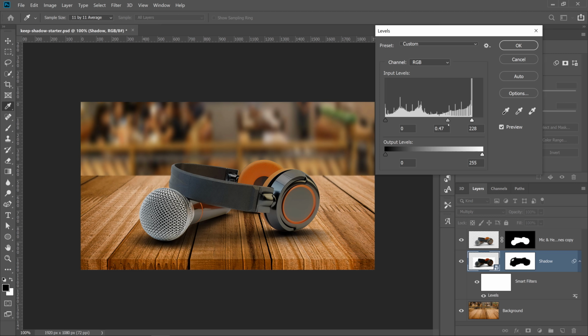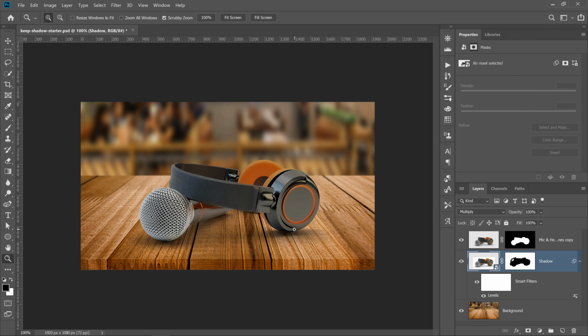So in your composite, you may need a stronger shadow or a much, much softer shadow. It all really depends on the composite that you're working with. In this case, I'm just going to press cancel and work with the original shadow. I think it works great. Also, one other thing that I recommend doing is making that into a black and white layer so that the colors of the shadow don't conflict with the colors of the scene. In this case, the shadow doesn't have a color, but I'll still do that so that you can see the process.